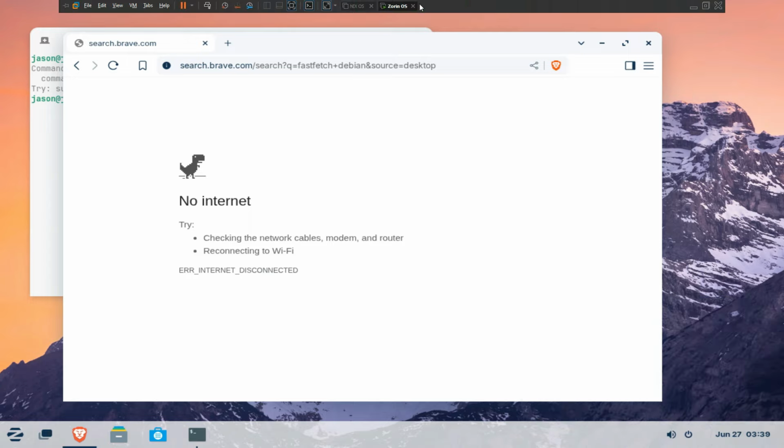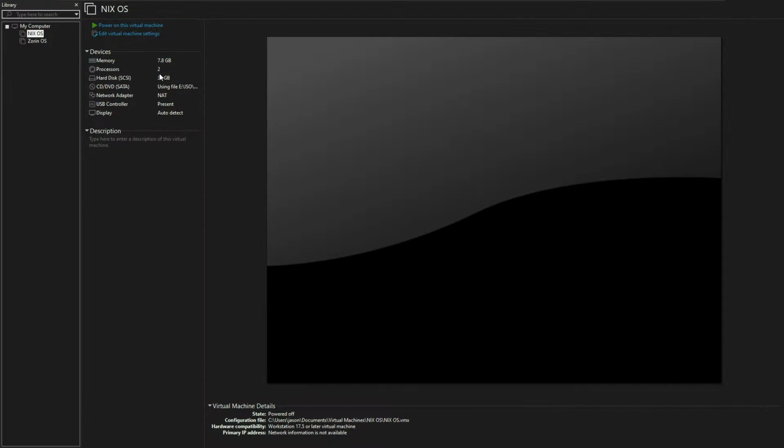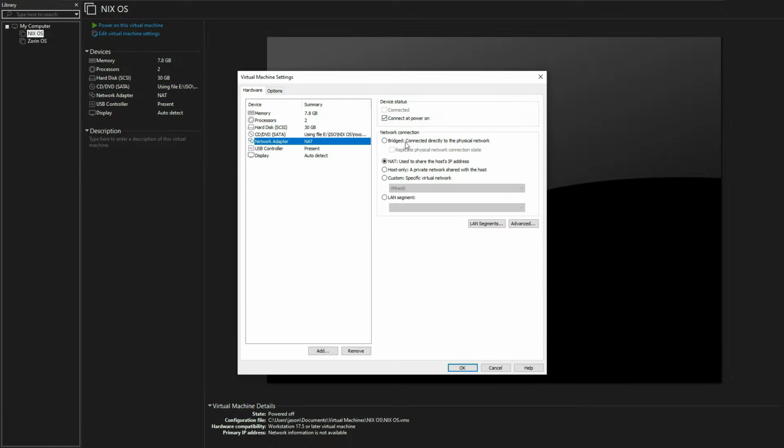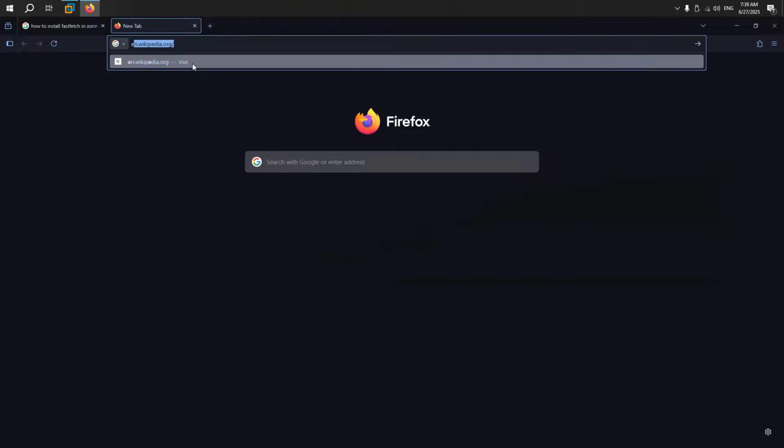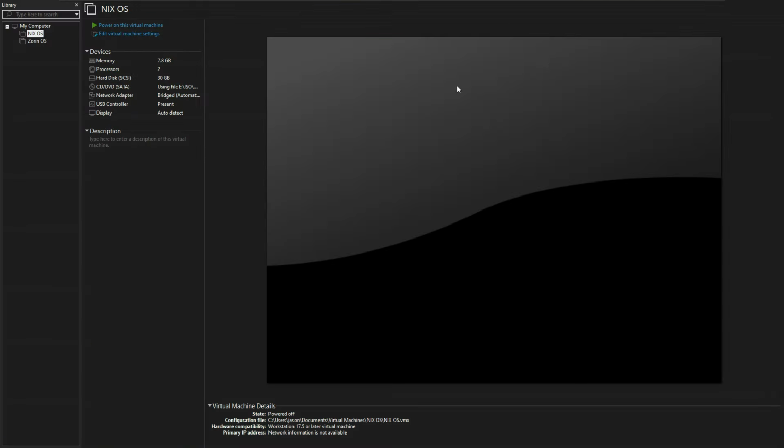All right, so can I connect this to the internet, please? I'm gonna just power it off and see if that's gonna fix anything, and then go to the settings of this virtual machine and find out why the Wi-Fi isn't working. And I found out, in fact, that this is based on Ubuntu. So that's nice, while I was searching how to install fastfetch, which is really silly. Now the network adapter, bridge. Let's just bridge that thing and see. And just to make sure everything is working, yeah, the Wi-Fi is working, so I can power on this.